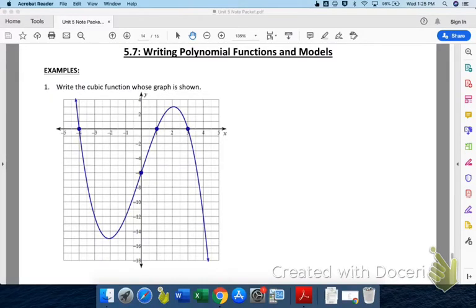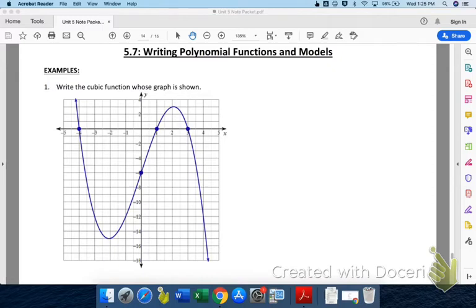This video will explain how to write polynomial functions and models given a graph of a polynomial function or given a list of ordered pairs from a polynomial function. So we're going to first take a look at here, if you're given a graph, how you can use that information to write a polynomial function, and then we'll take a look at it in terms of, here's just a